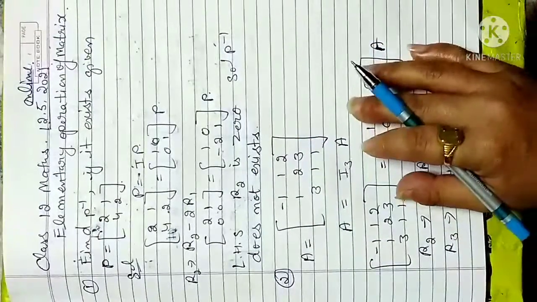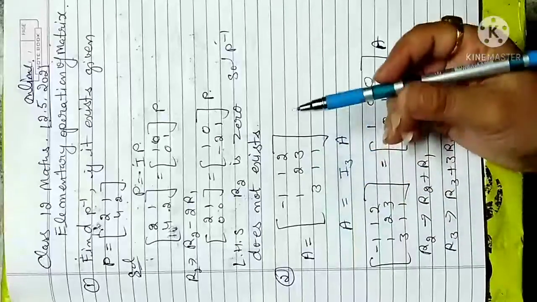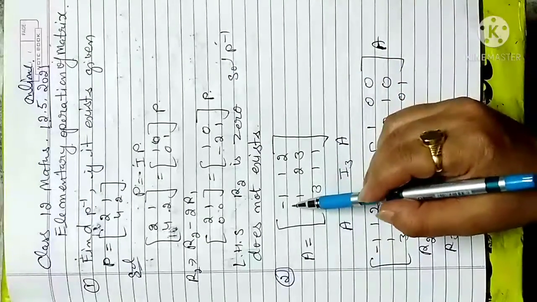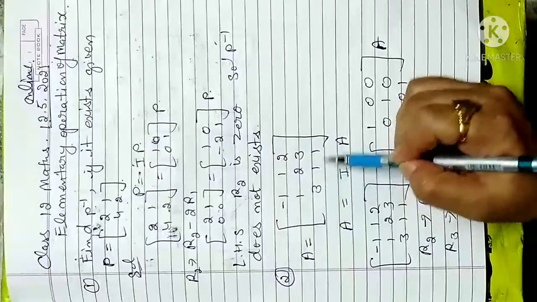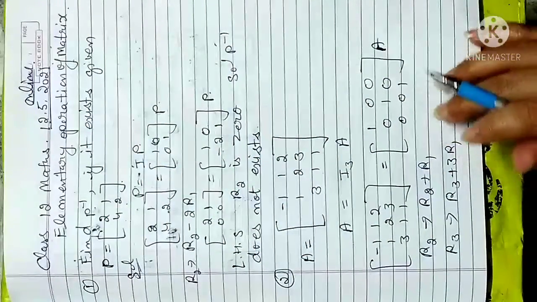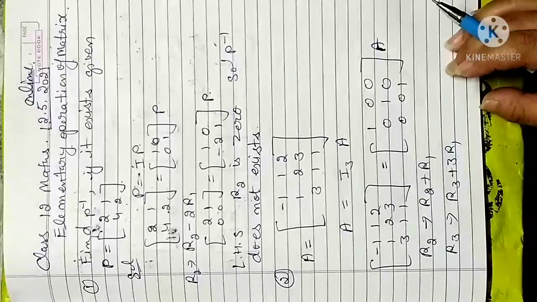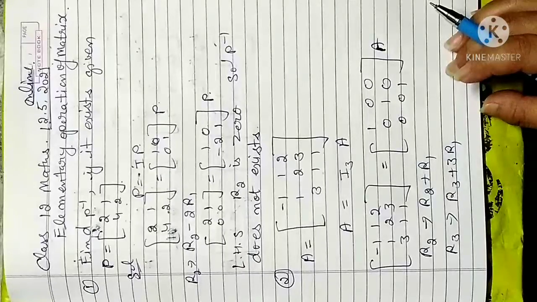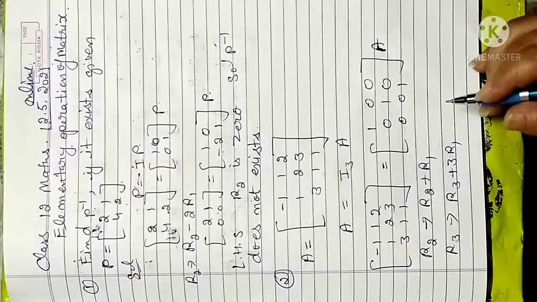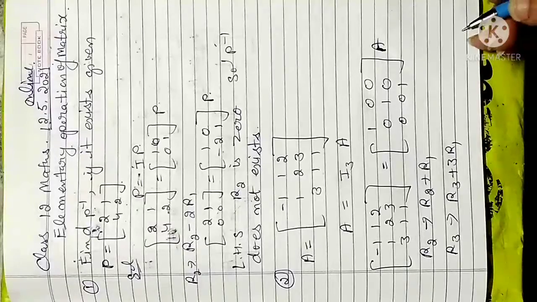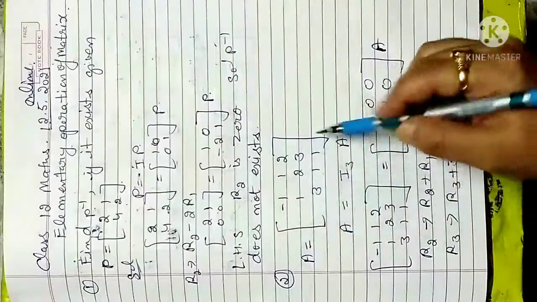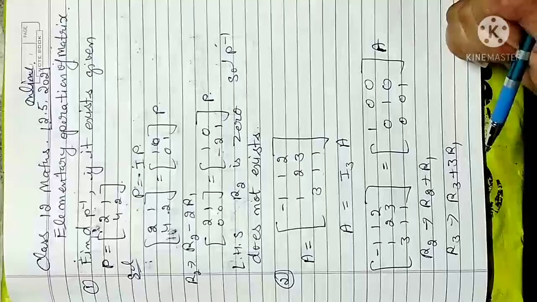Next, if I have a question where I want to find the A inverse, in this A is minus 1 1 2, 1 2 3, 3 1 1. If elementary operation is mentioned in your question, you have to use the row operation. If it is written column operation, you can go with the column operation. But if no method is written, only elementary operation is written, it's your choice, either you go with the row or the column. So here I'm solving this by the row operation method.